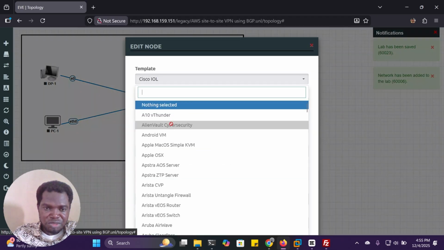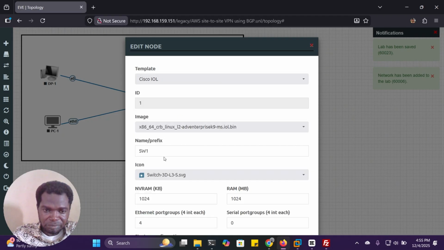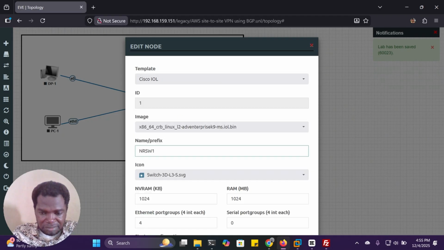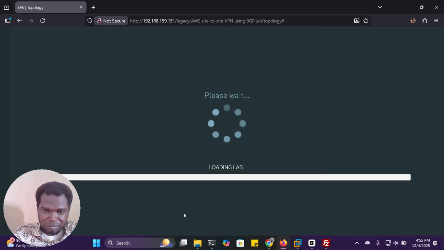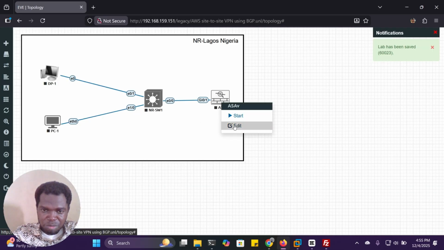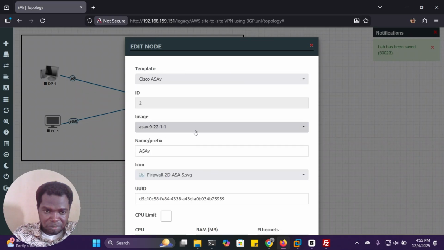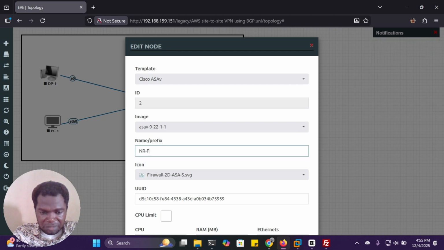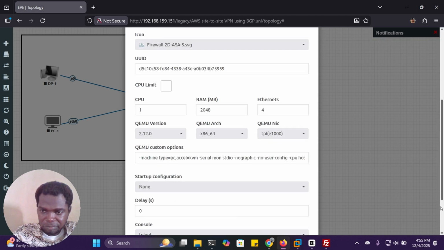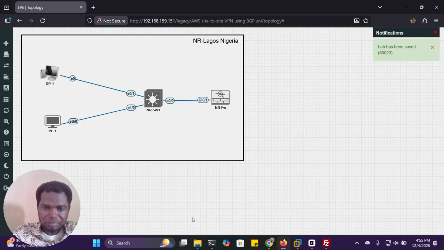So I'm renaming the switch to NR switch 1, Network Regi switch. And our firewall will be renamed NRFW, Network Regi's firewall. So this is our Lagos site.